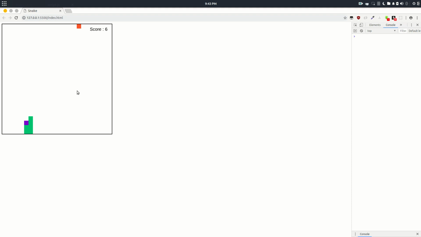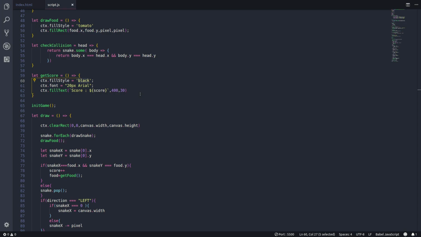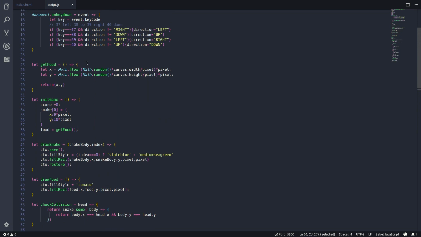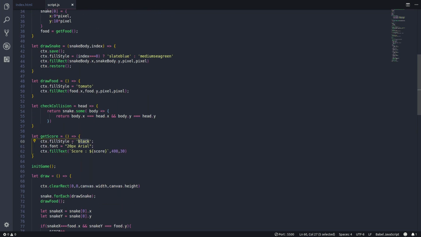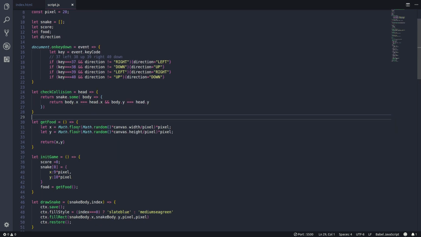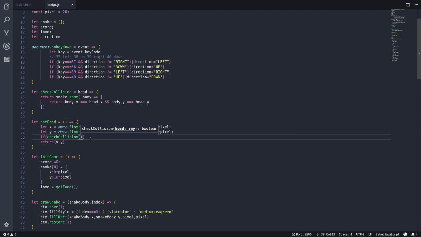The only other problem that I can think of in this game currently is that our food is distributed randomly in the canvas, but if our luck is very bad, food can get the same coordinates as the body of our snake, and that will be a problem in the game. So let's check. We have the function check collision. Let it move up here. So we will check collision of our food x, y, the new coordinates of our food. Yeah, if there's a collision,